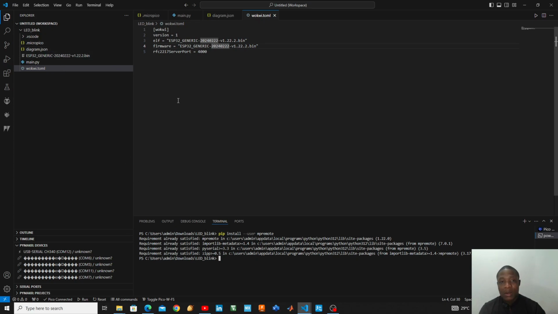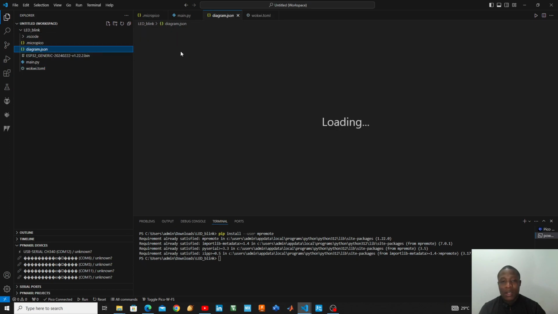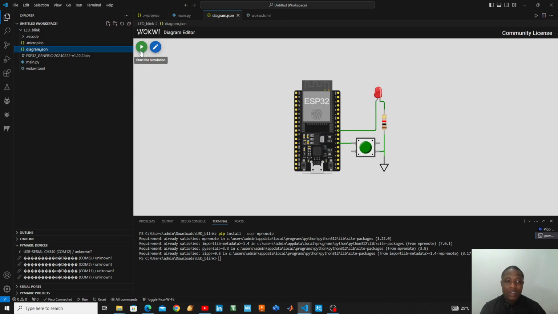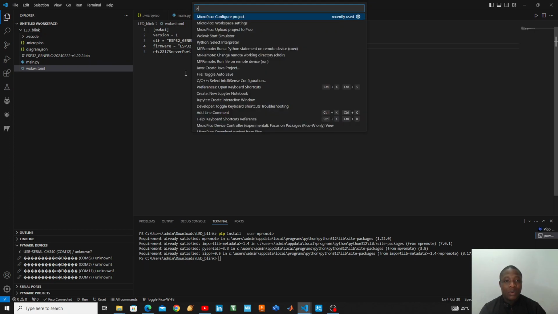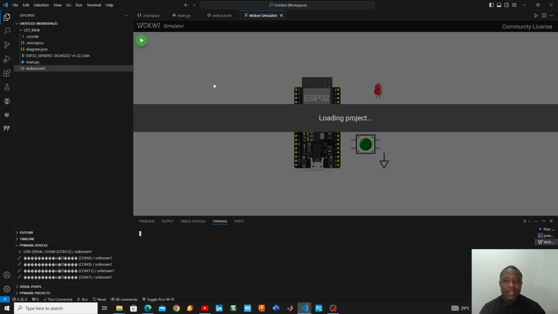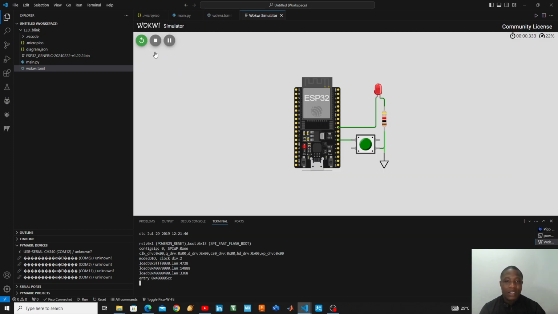So one thing you can do is just click on this diagram and then click on run. It will start running. That is one option. The other option is you just press F1 and then look for Wokwi start simulator, and it will automatically start it. As you can see, the simulation has automatically started. But now it requires also